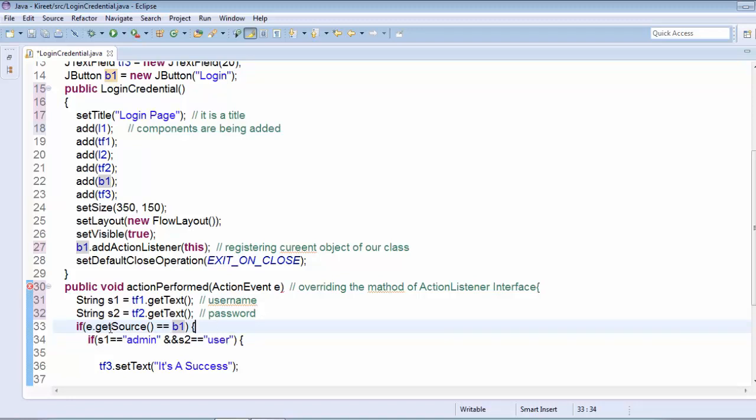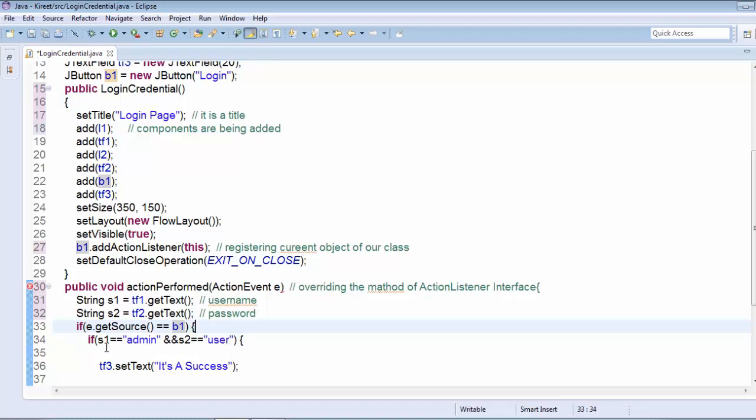So this will return the source where the event has occurred. If get source is double equal to b1, it means the event has occurred at b1, so we are clicking the b1 button. So it is mapping this event.